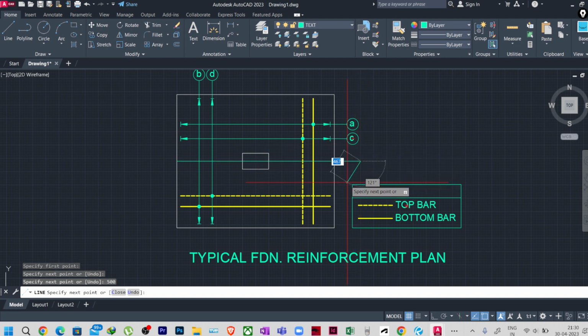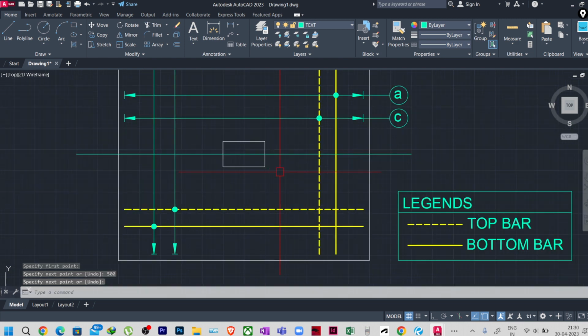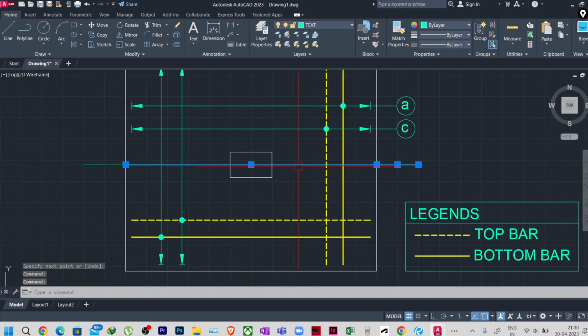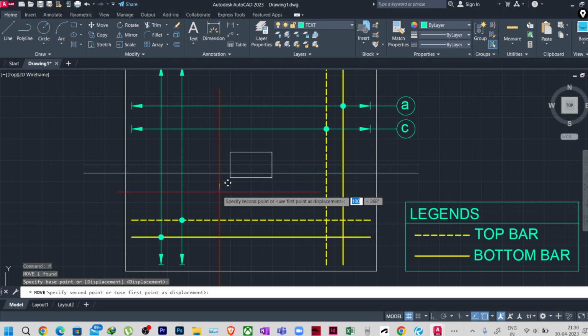Okay, here also I'll provide some 500 mm. Fine. So let me just join this line, J enter. Fine. Okay, so let me move it a bit down,